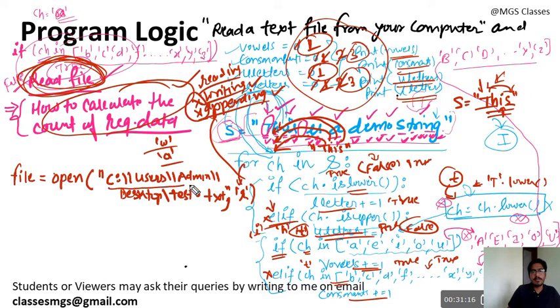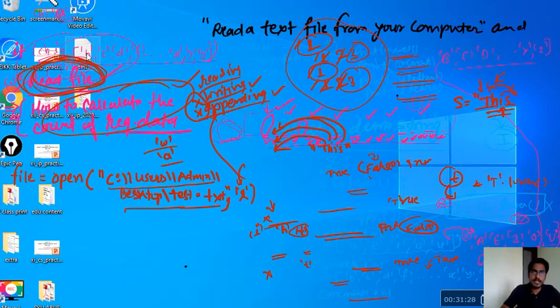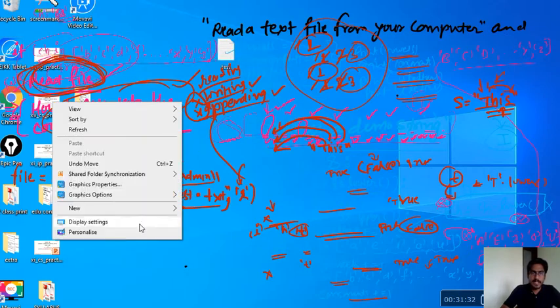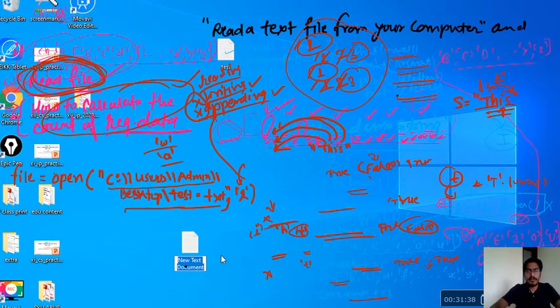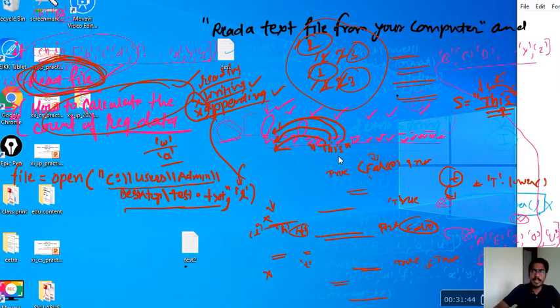How to get the path of the file I have already explained in the last video, but I am just showing you here also. Okay, so let me create a file on the desktop. Let's suppose this is a test file that I have created. You can create a text file by right clicking, going into New, and clicking Text Document, and then you pass the file name, let's suppose test2, and just press enter, open it and write some data here.